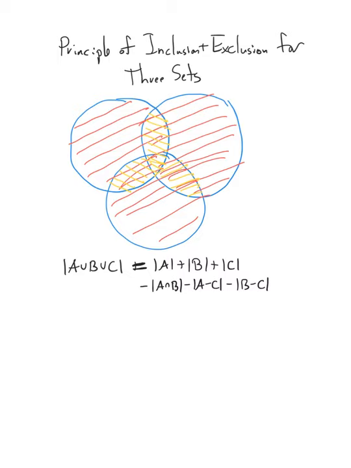We had it 3 times when we added up the cardinalities of A, B, and C. But we subtracted it 3 times when we subtracted A intersect B, A intersect C, and B intersect C. But we still need 1 copy of it, so let's add it back. So I'm going to color that in green. So we're going to add this back. So plus the cardinality of the intersection